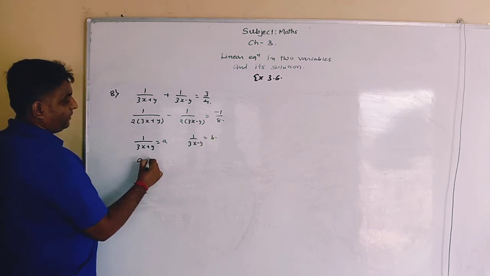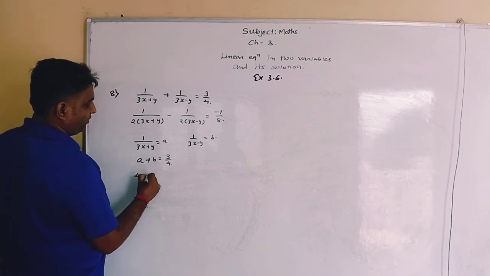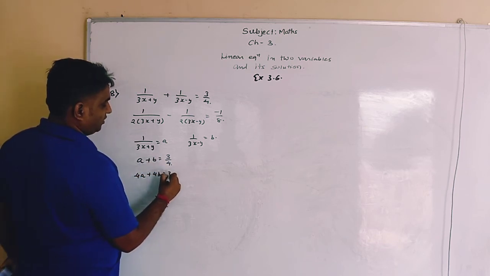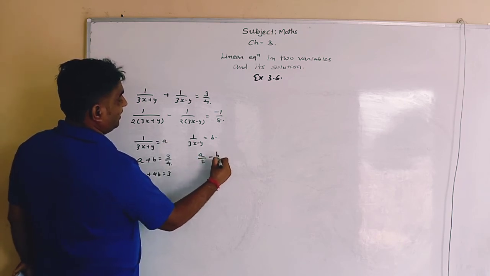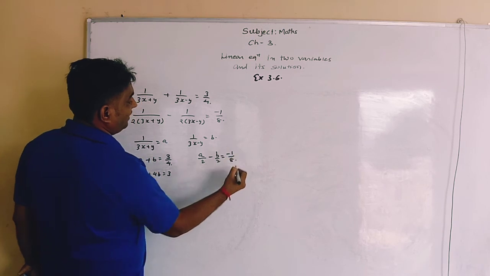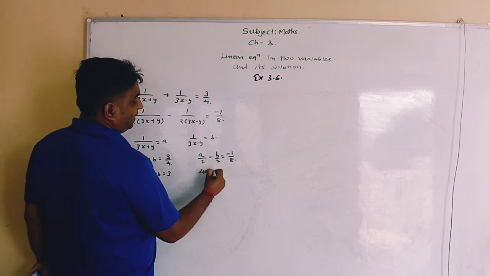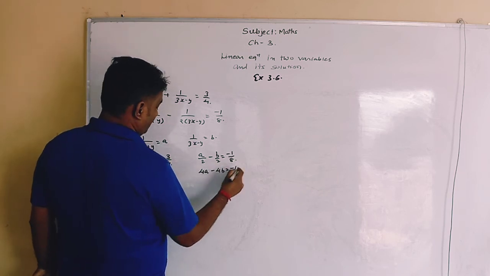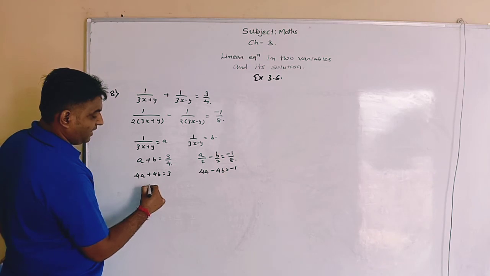And here a plus b equals 3 by 4. So we take LCM 4, then 4a plus 4b equals 3. And second equation, a by 2 minus b by 2 equals minus 1 by 8. So again here we take the LCM 8, then 4a minus 4b equals minus 1. So here both equations have equal coefficients, so directly by adding them